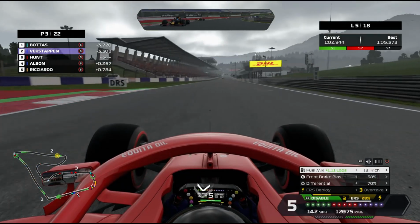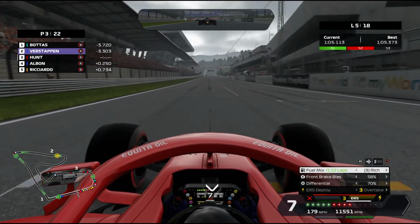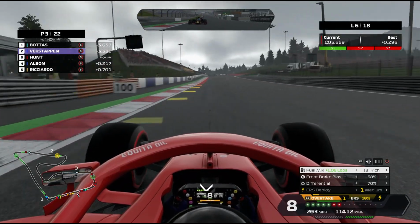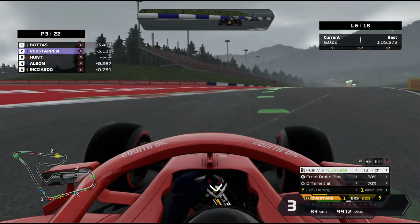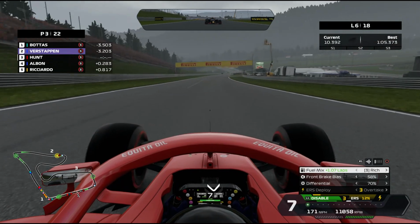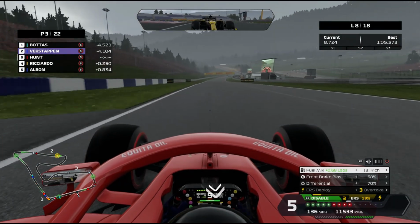Bottas still in the lead as we accelerate forward at lap 5. Just going past the pits as you can see to start lap 6, still chasing Maxi Boy Verstappen, but the gap now is 3.2 seconds. Oh my goodness, oh my bloody good God indeed, as we accelerate forward now to lap 8,